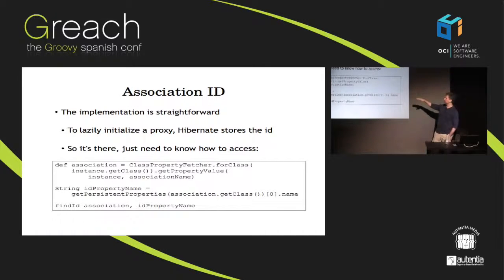This turned out to be kind of fun to work on, because that's kind of broken. The typical use case for this is, for example, if you have a string ID, maybe a UUID, you can say in the mapping block, id name: username, or UUID or something like that. What that does is it tells GORM, instead of using the long ID property that all domain classes have, use another property with this name as the ID. There's a little bit of a bug inside of Grails where it does that correctly, but